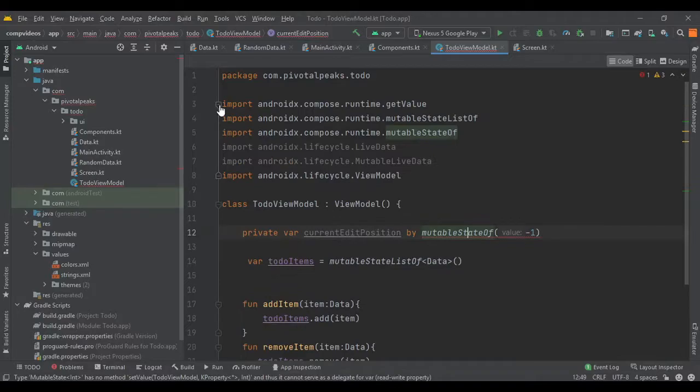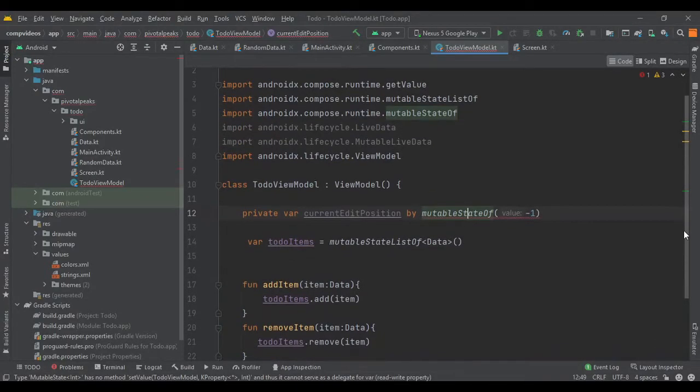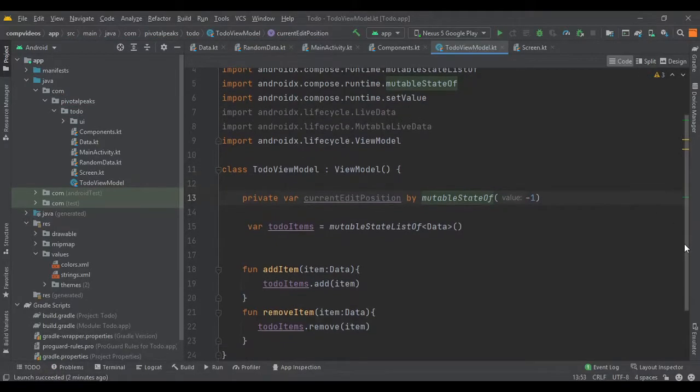It looks like it did not get imported. Oh, it got imported. So no, yeah, it did not get imported. So let's do it. And so it will hold the list index that we are currently editing.